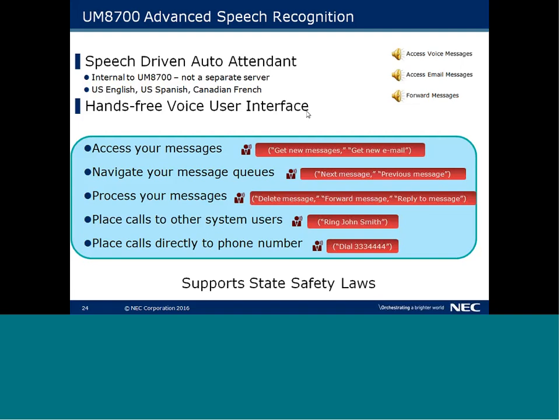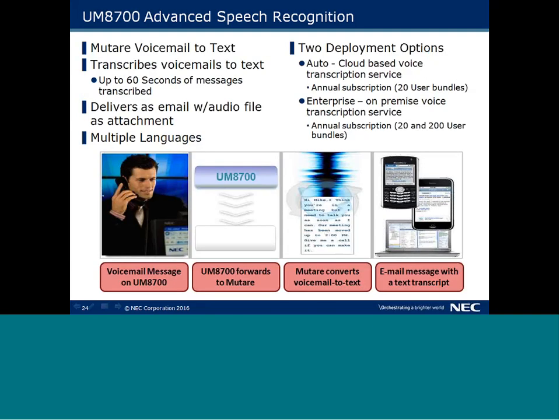So from here, this allows you to do things like access your messages, navigate your message queues, place calls to other systems, place calls directly, all from speaking the words instead of trying to use the DTMF commands. So for example, to access your voice messages,